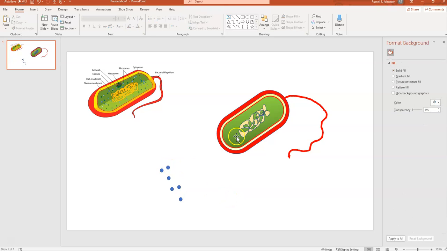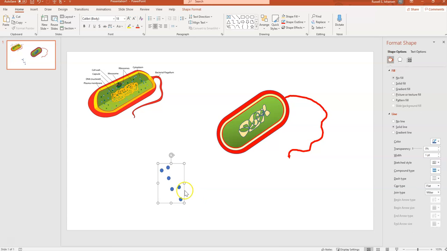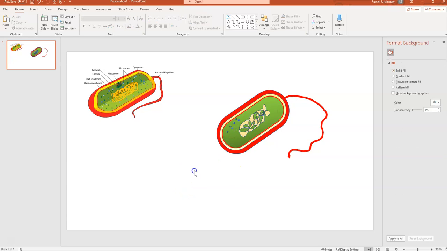Because I could drag one circle at a time, but look at how many I have to do. Instead, may not shock you to know, I can Control G to group. I can make these really small. I can rotate them. And now look, I've got a whole bunch of little dots over there. Not bad. But you know what? I'm going to undo,